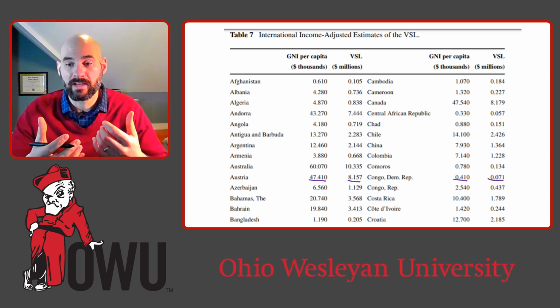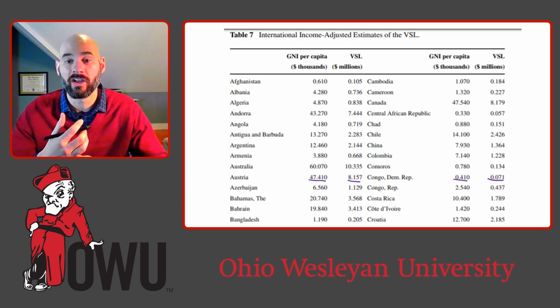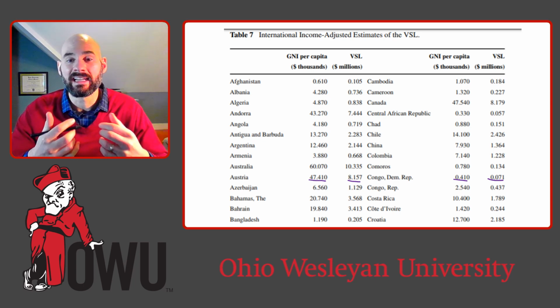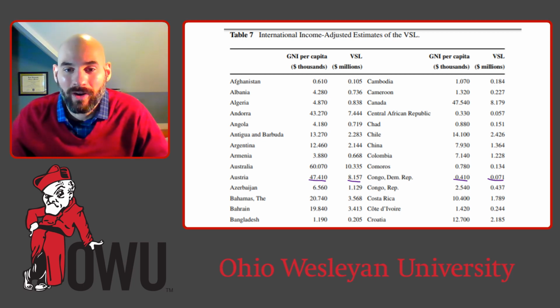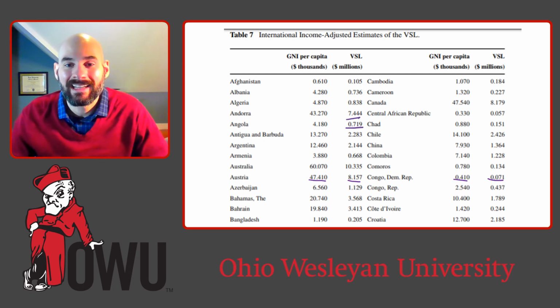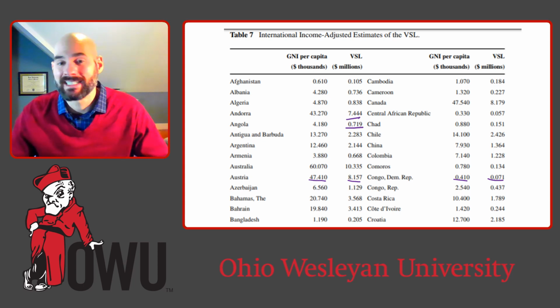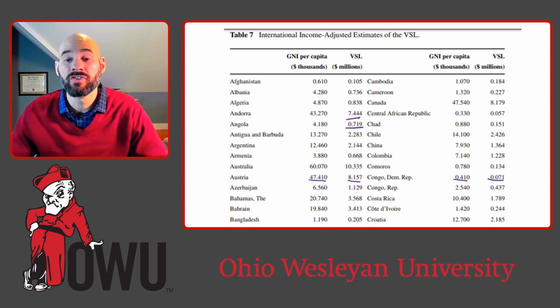So if they have the ability to offshore production of a good, something that they're producing, and they can either produce it in Andorra or Angola, for example, just two countries that sound alike, and let's say that the pollution associated with the production of their goods is going to lead to the loss of one statistical life per year, then